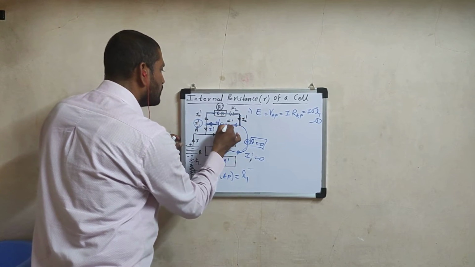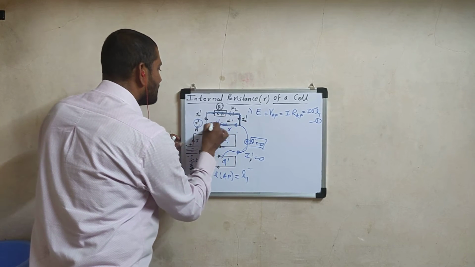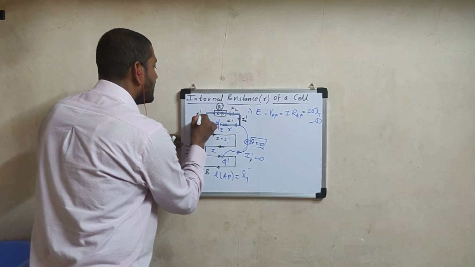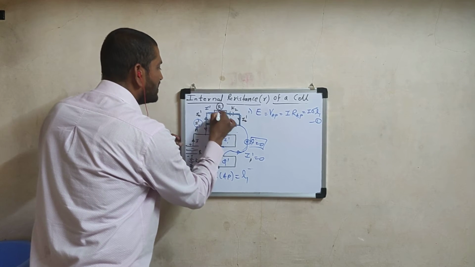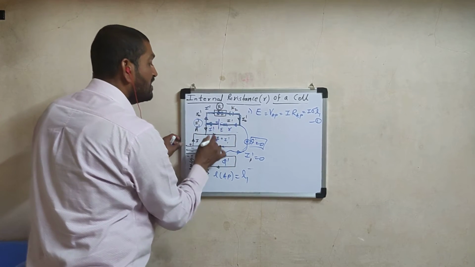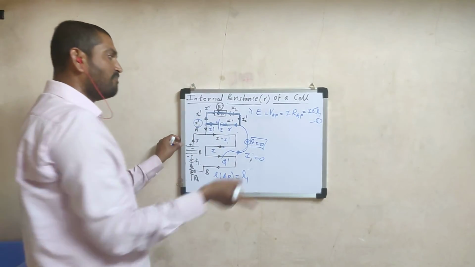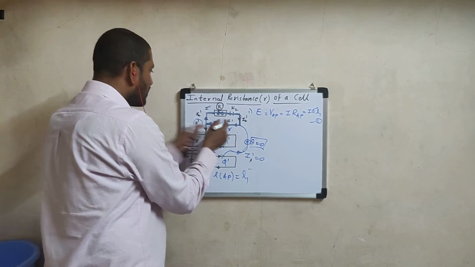This current will continue to flow through the upper circuit. Listen carefully here. From this upper side, this current will flow, meaning the total current I dash will now flow from this upper side. There is no division. The entire current flows on the upper side, meaning the cell is not open here. This is a point to be noted. In the previous case, when key K2 was open, the cell was open circuit. No current was drawn.